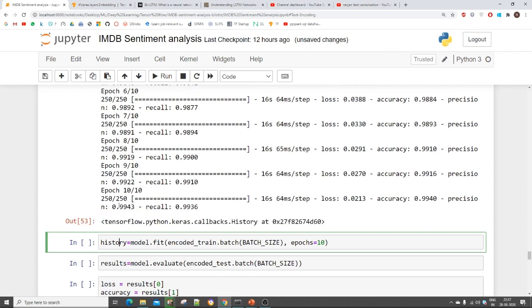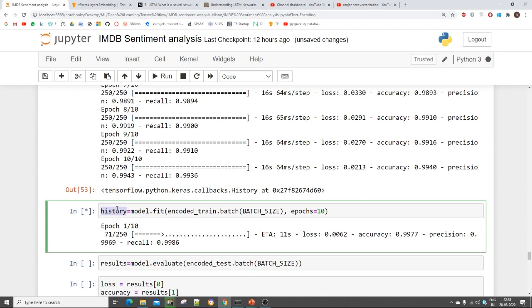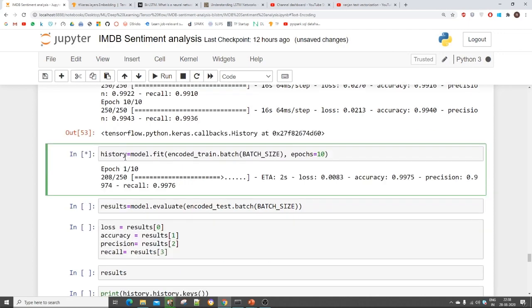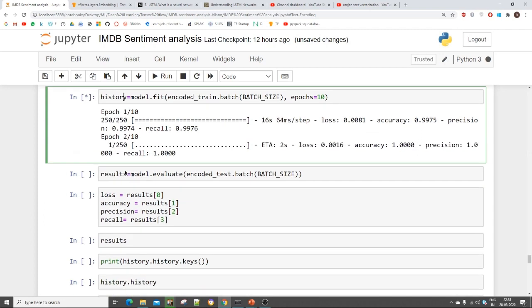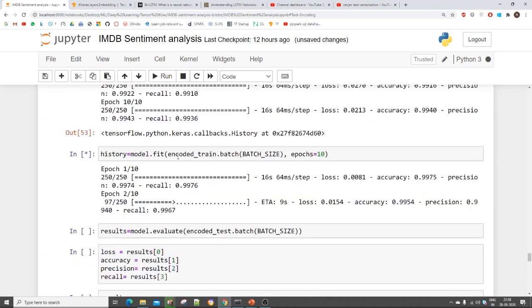So all 10 epochs have been completed, but in this I am not seeing any values. I am seeing the values, loss, accuracy, and precision, but I won't be able to call these values in my graph or anywhere. So what I need to do is define this whole thing into history. I will run it again. In the case of history, I can define any variable name; it's not necessary that I name it history, but I'm doing so because there is an attribute, history. If I use history.history, it will give me a dictionary-type structure. I will show you.